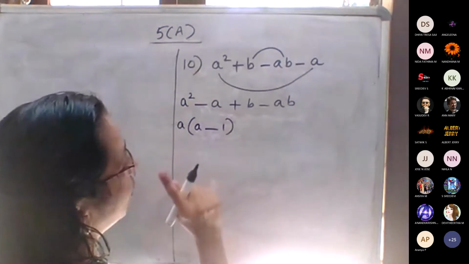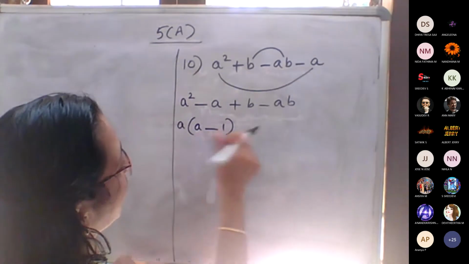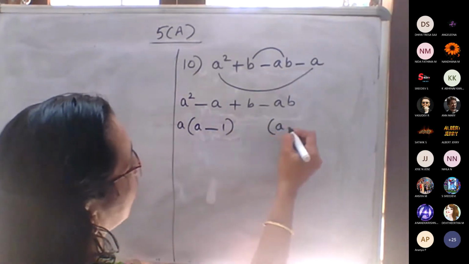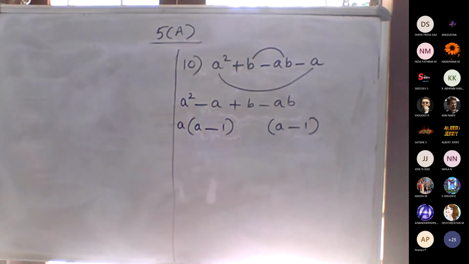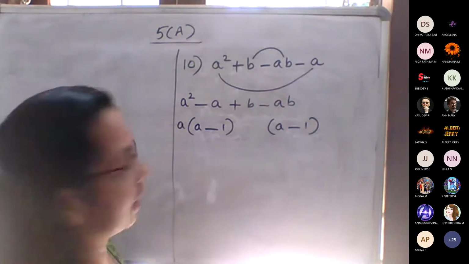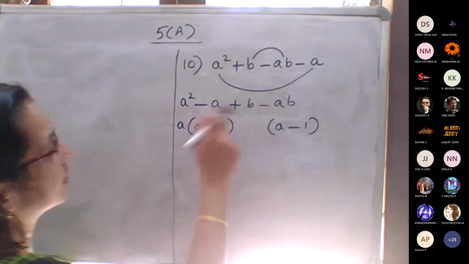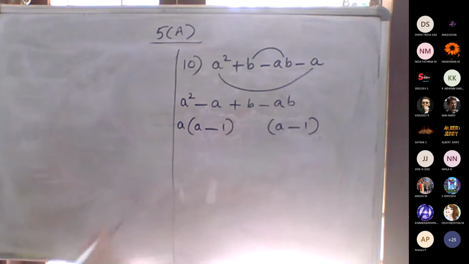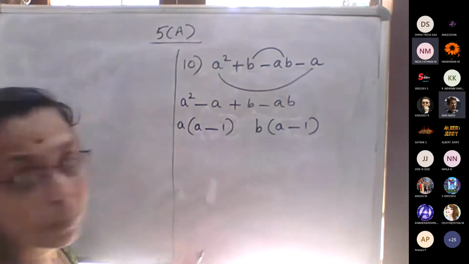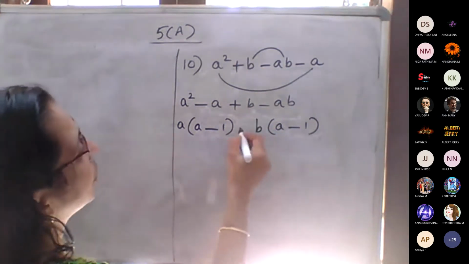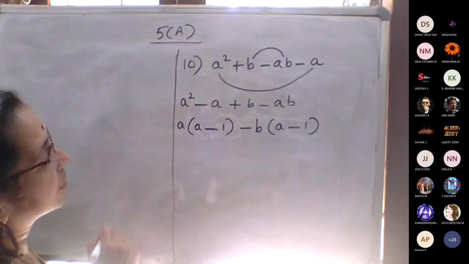Same a minus 1 right here. Don't write it the other way, otherwise you will make confusion. Write a minus 1. Otherwise, in this type of questions you will commit mistakes with that negative sign. So better write a minus 1 itself. Then adjust with this, and you have to get b and negative ab. So what we have to do? Negative b you have to take.